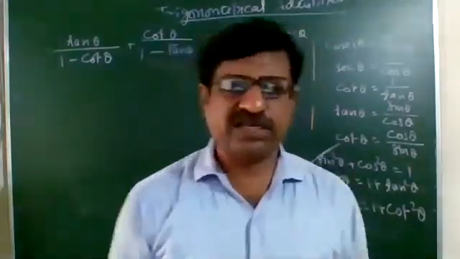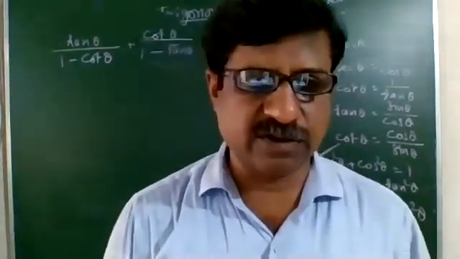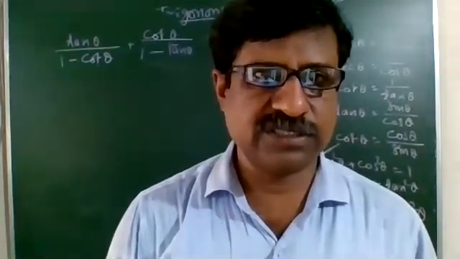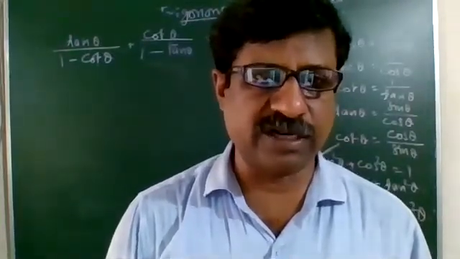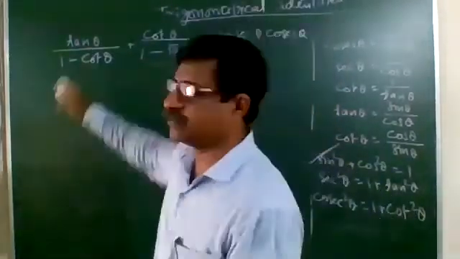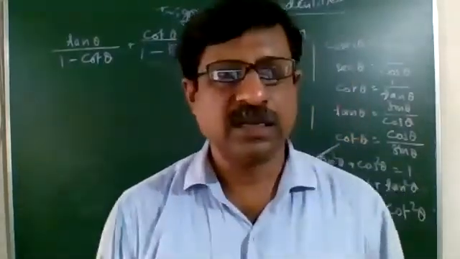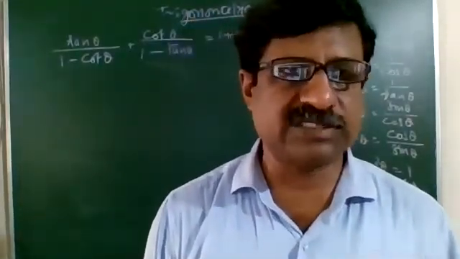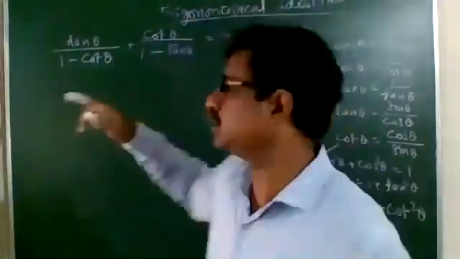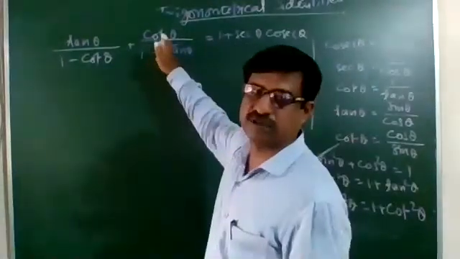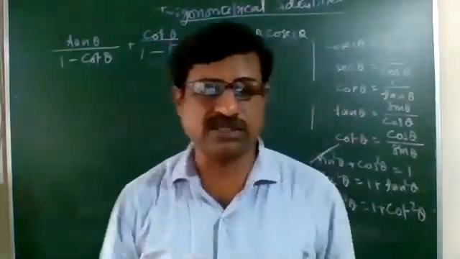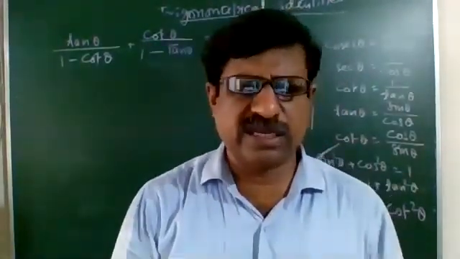We try to convert each of the terms in terms of sin and cos. That's the first step. Change each of the values in terms of sin and cos. That means tan theta has to be written as sin theta upon cos theta, and cot theta has to be written as cos theta upon sin theta. The same way on the other side, convert cot theta as cos theta upon sin theta and tan theta as sin theta upon cos theta. Take the LCM of the